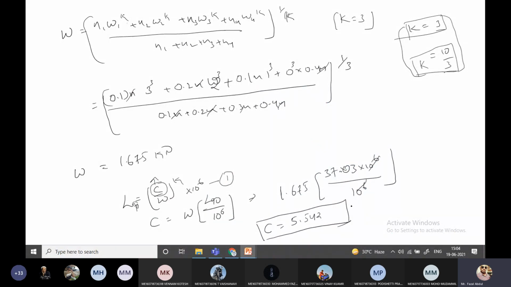5.542. Okay. Kilonewtons. So this is the procedure for calculating such type of ball bearings for the 90% reliability, 95% reliability, and first time the variable loads, when it is subjected to the variable loads W1, W2, W3. Okay. So regarding this problem, do you have any doubts? You can ask. Otherwise, we shall move to the next problem.